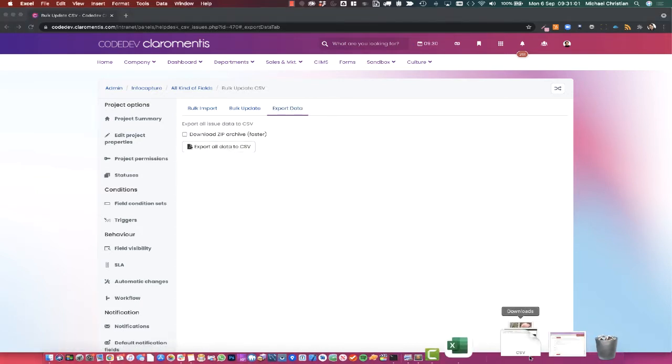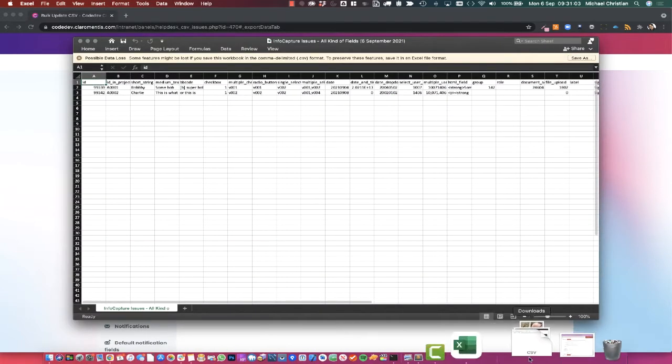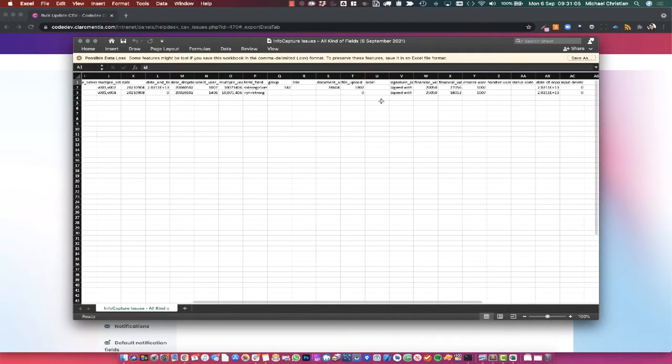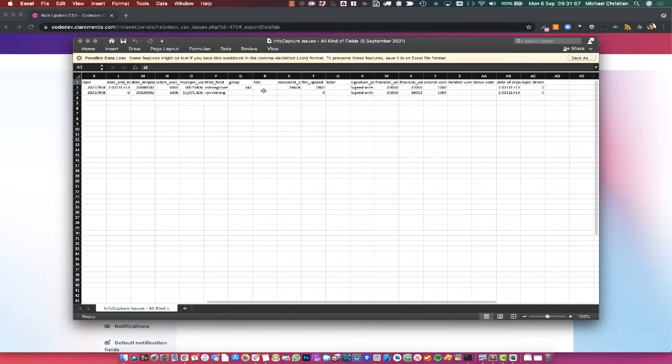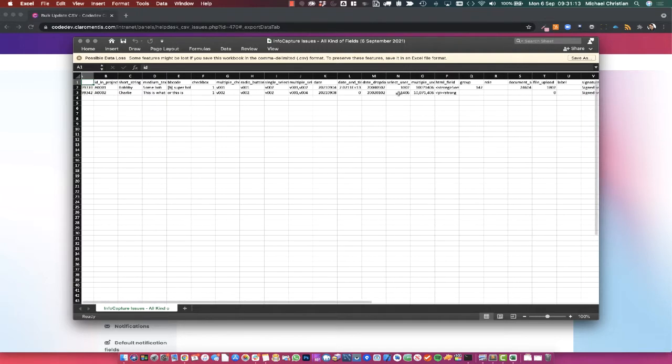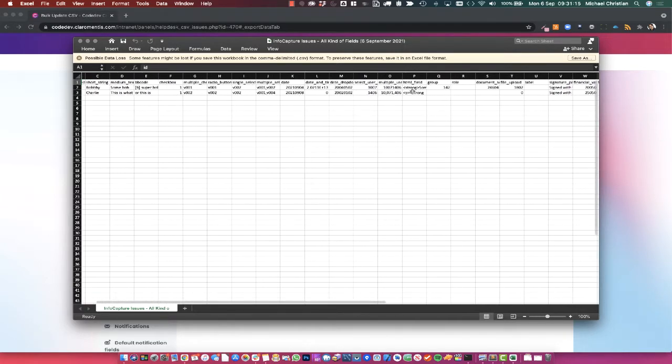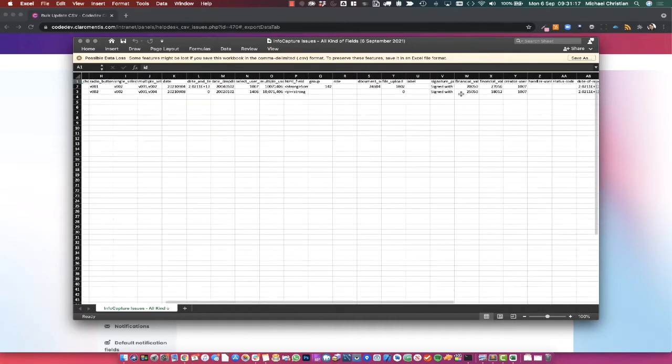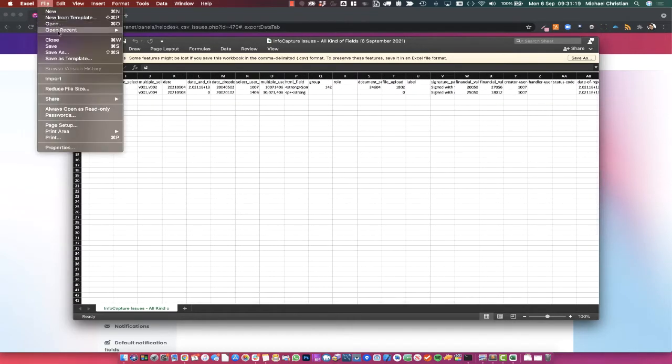So I can see it has been downloaded, and because I have Excel installed, it automatically opened in Excel. So now I can manipulate the data in Excel. The problem with Excel is that sometimes it's trying to be clever and creates all kinds of different assumptions about the data that we have. So see what happens if I just save this back